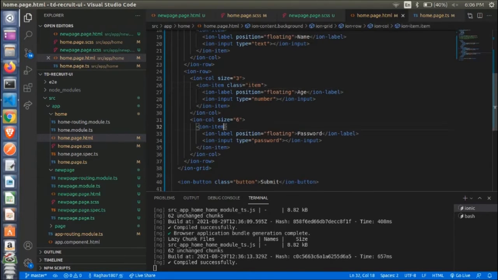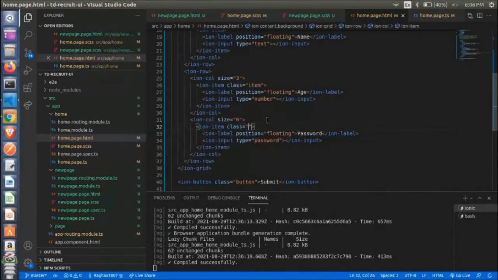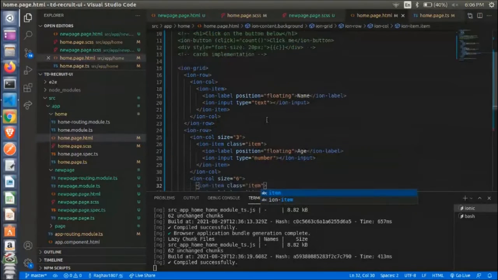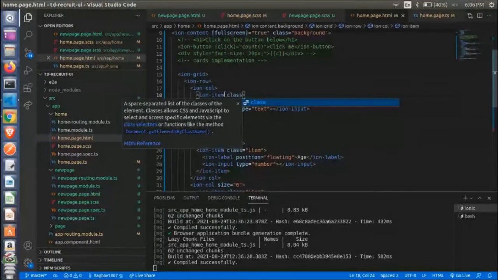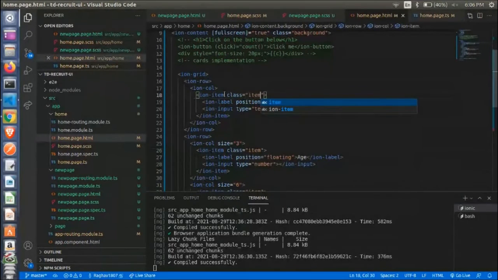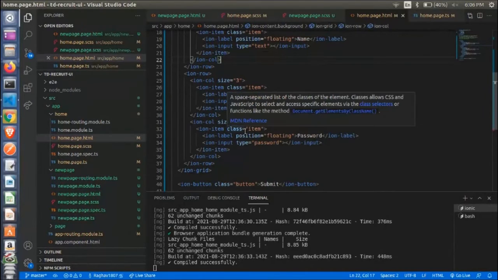This class we will need to specify for all the three items, and the code that we give in the CSS for the class item will be implemented for all the three ion items that we have applied over here. So we have specified the class item to all the three.